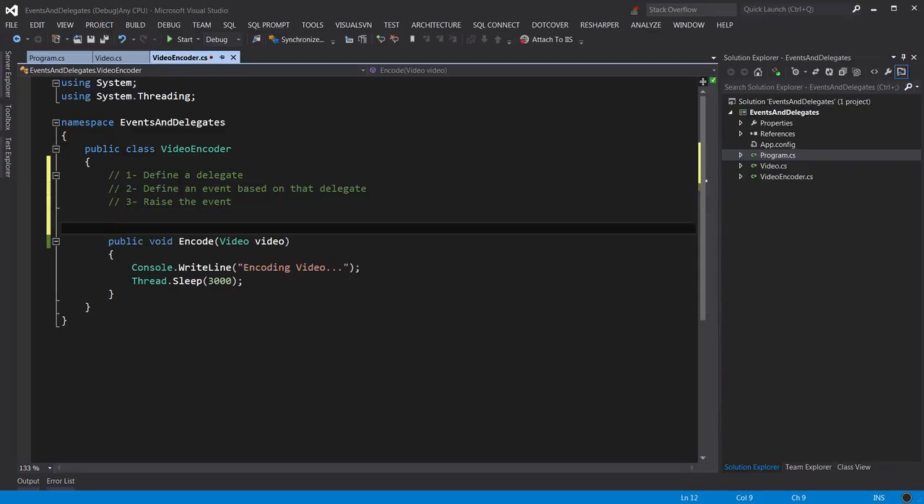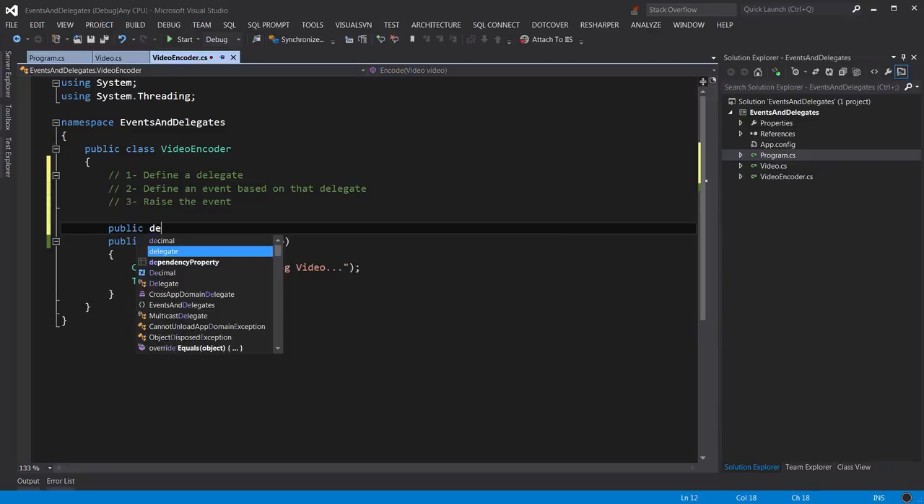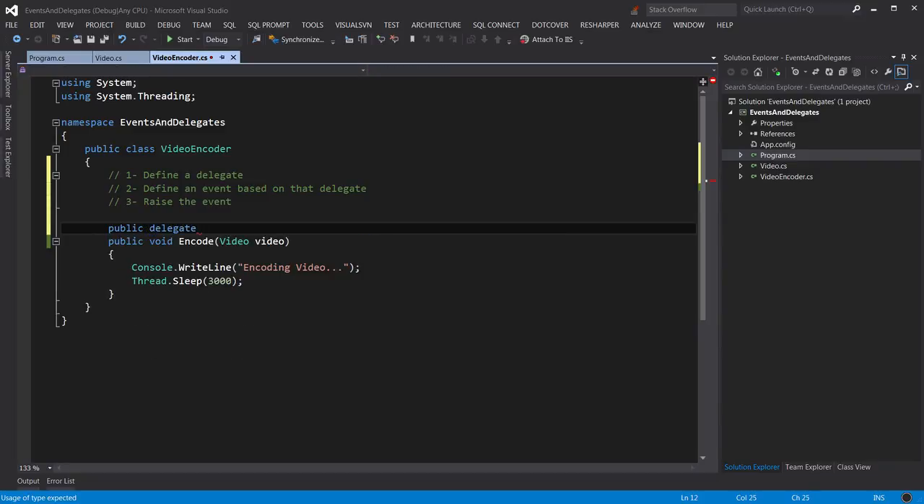To define or declare a delegate, we start with public because we want it to be accessible anywhere. Then we use the keyword delegate. Now imagine you're declaring a method. To declare a method, we need to specify the return type, give it a name and parameters. And this method would actually be the event handler in the subscribers. So if I want to declare an event, I would say void. I would give it a name,